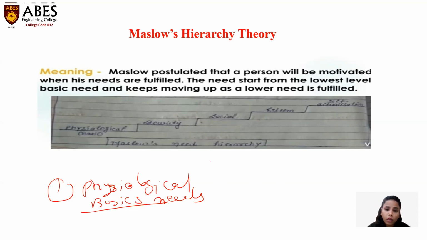Then we come to the second part. The second part is your